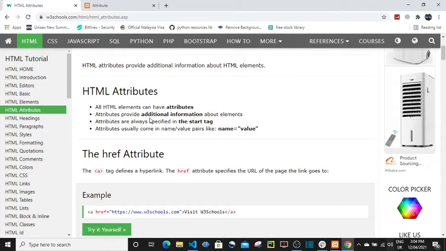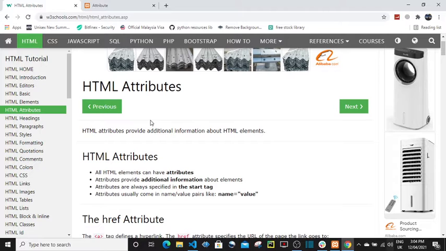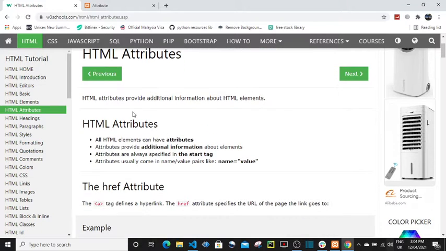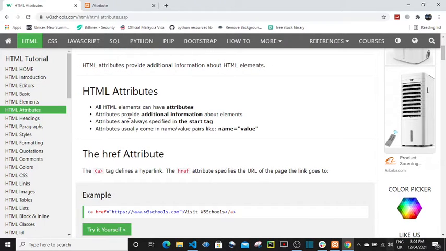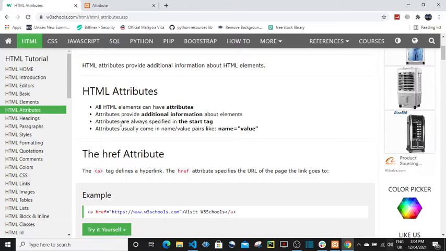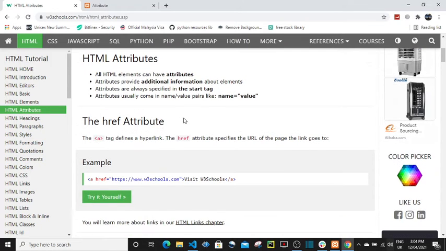Hi guys, today I'm going to talk about the HTML attributes. HTML attributes provide additional information about the HTML elements, and all the HTML elements can have attributes. And you can also see written over here that HTML attributes provide additional information about elements, a specific tag, and